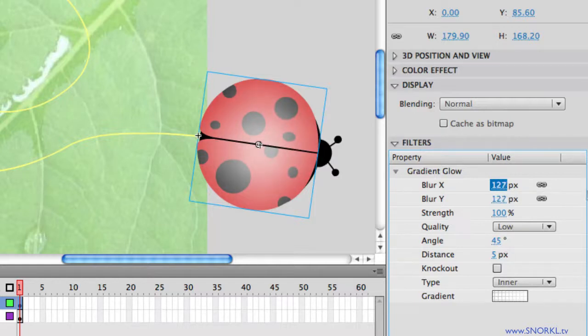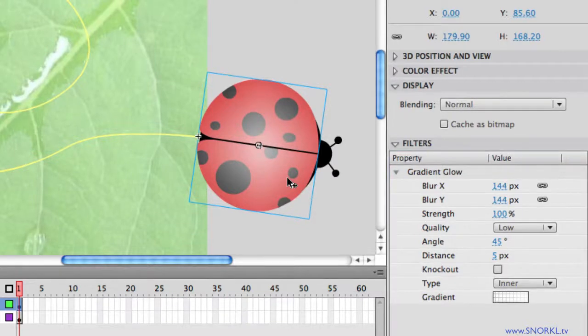Okay, this gradient glow, I'm sorry. So let's just bring this up to about 144. And so you see now I have this soft glow here, but the light source looks like it's shining straight down from on top of the ladybug. And I want to offset this to be coming from the top left-hand corner. So the first thing I'm going to do is take the